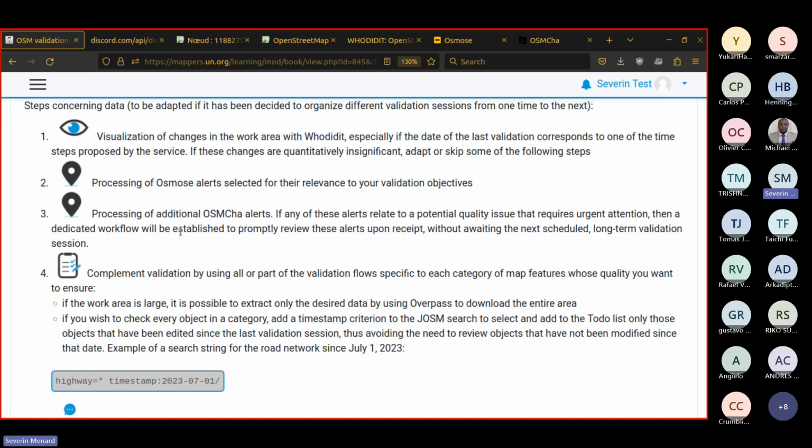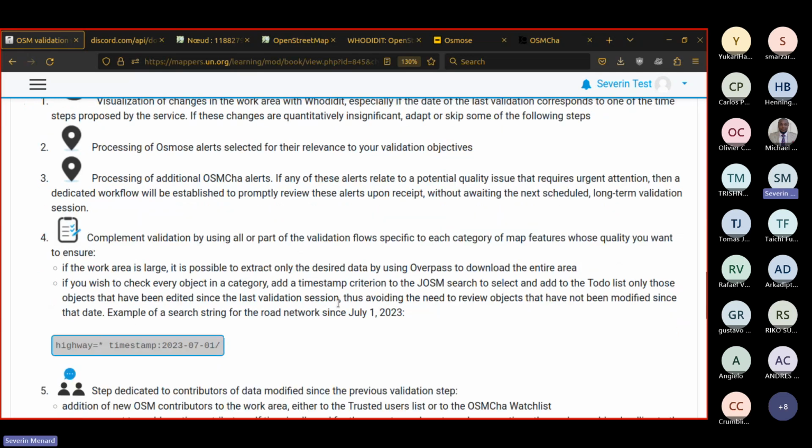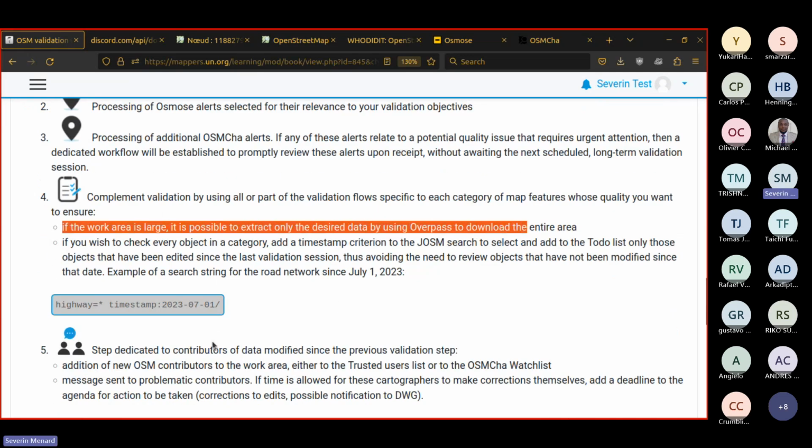You're not limited in size when you download in JOSM from Overpass, so you can monitor a larger area. And if you want to check every object in a category, you can add a timestamp criterion in the JOSM search, so it's only this specific object.